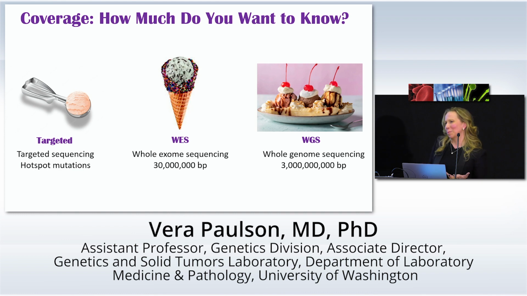I want to use an ice cream analogy here for your target coverage. When we think about hotspots, or you think about just looking at very specific mutations, this is really just a tiny, tiny amount of the base pairs that are present in the human genome. And I can't tell you the number of times that I've actually stopped arguing with our clinicians who say, I don't need BRAF or I don't need EGFR, and this was already done elsewhere. And we go ahead and run it on our panel for whatever the genes are they do want. And then when I find an EGFR or I find a BRAF mutation, I email them. And the question is always, well, how did this outside place not report that? And it all depends on the coverage.